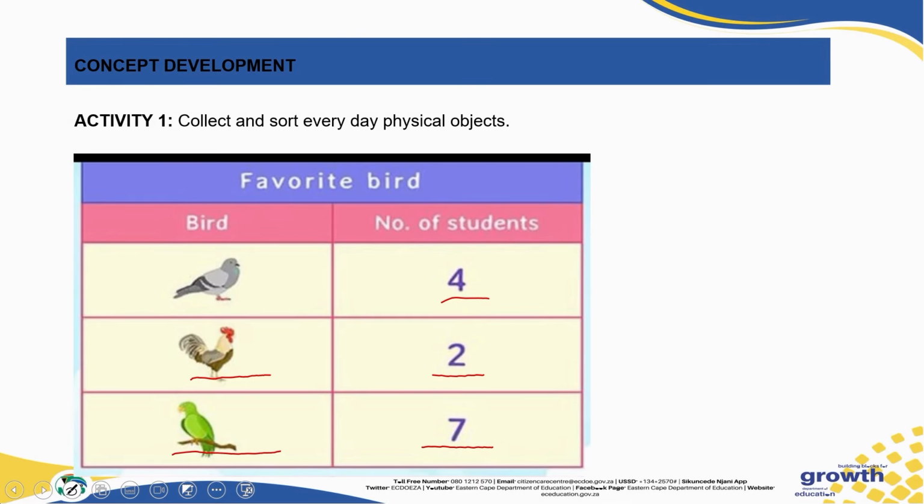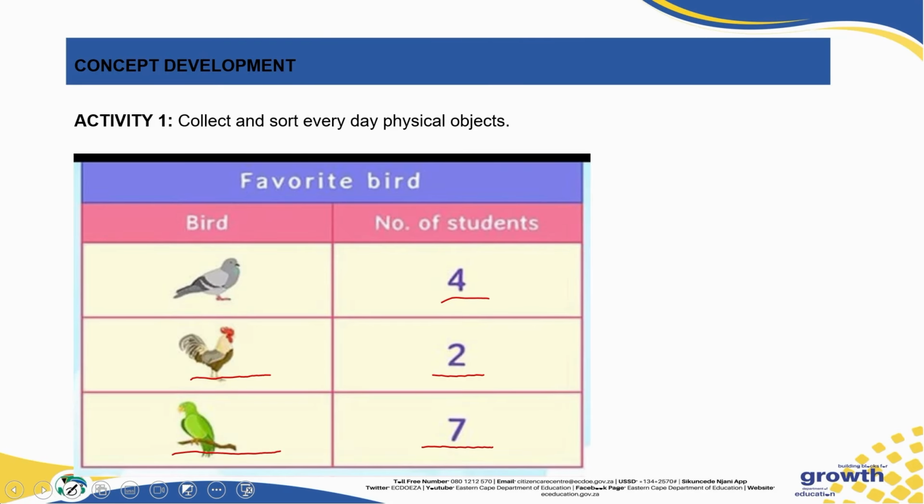There is this bird that they like the most, a parrot. How do you know that they like parrots? Yes, you are correct. Because they have collected more number of parrots. That means these students of Velalanga liked parrots very well. We have collected our data on this slide in the form of numbers. We have 4, 2, and 7.